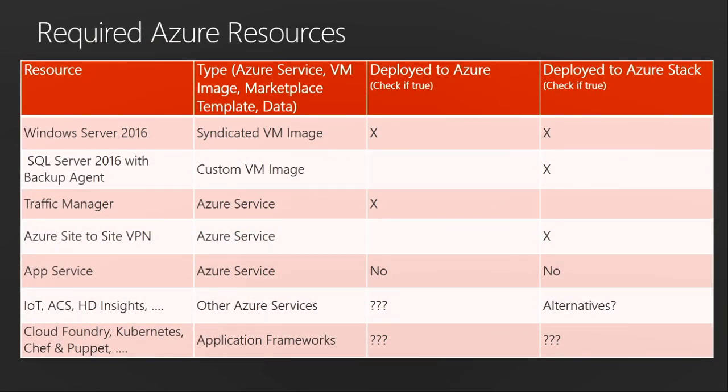So there are a lot of questions that need to be asked when you're talking to a customer, a user. You want to find out, what resources do you need? One, make sure you know the problem they're trying to solve. What's the problem and use case they're going after? Once you know that, what resources do they need to solve those problems? What Windows Server images do they need? Are they running Linux? What Linux images do they need? What are they going after?